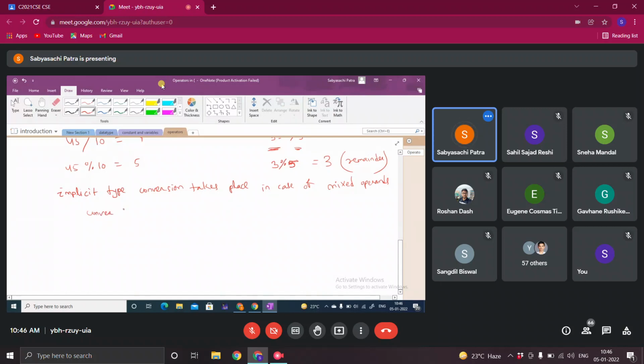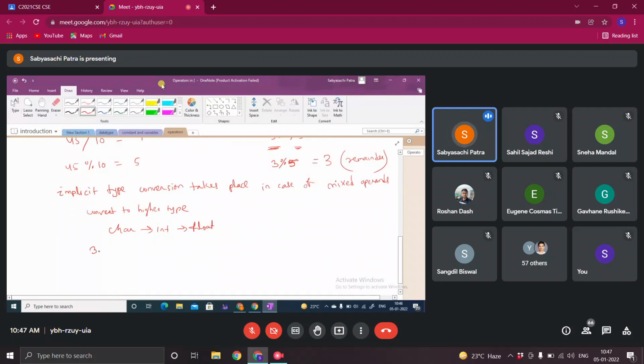That means convert to higher type. You understood? That means character will be converted to integer, integer will be converted to float. This is how the conversion takes place.